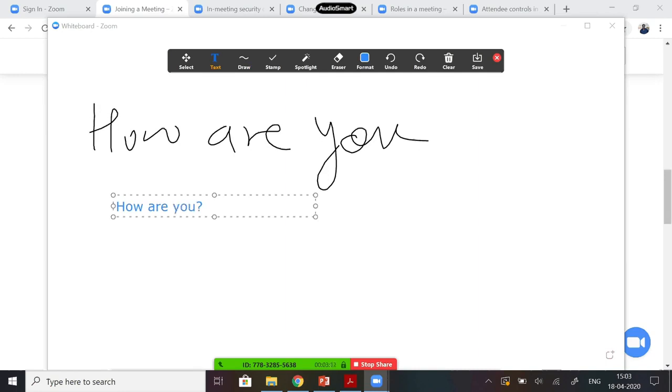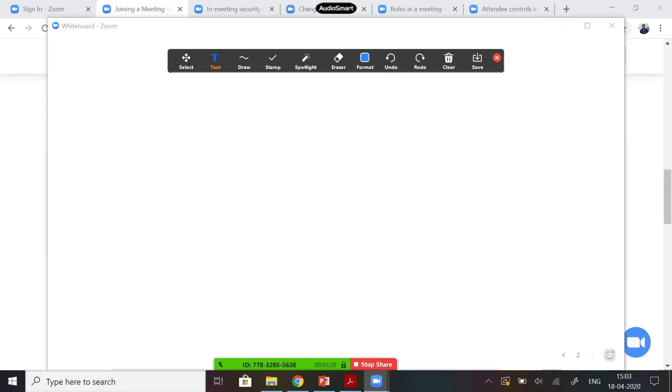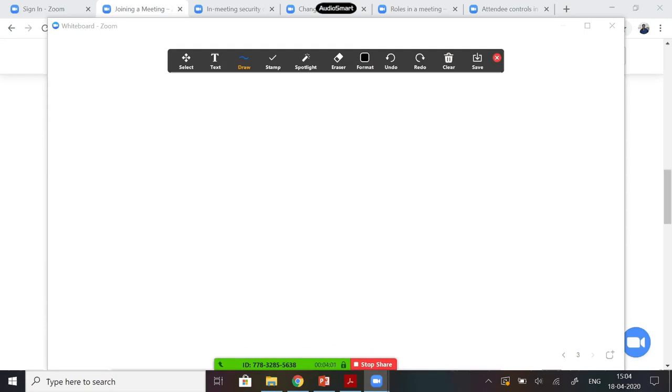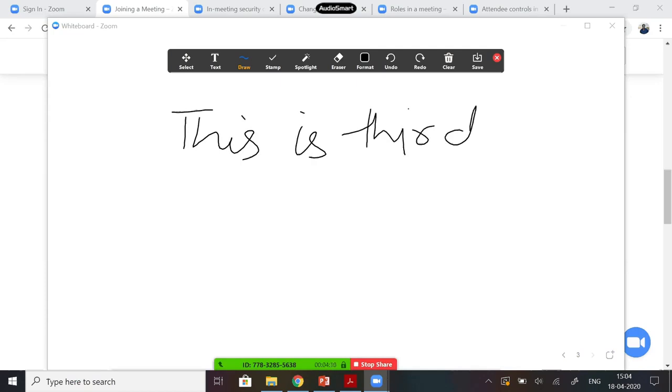So another thing is, if you click on the plus button at the bottom right corner, another whiteboard can be added. So again, in another whiteboard, we can write to communicate to the attendees of the meeting. So like this, any number of whiteboards can be added. I will again click on the plus button at the bottom right corner, say to add the third whiteboard. And then if I want to annotate or write something freehand, then select the annotate tool, anything can be written. Like this is third whiteboard.